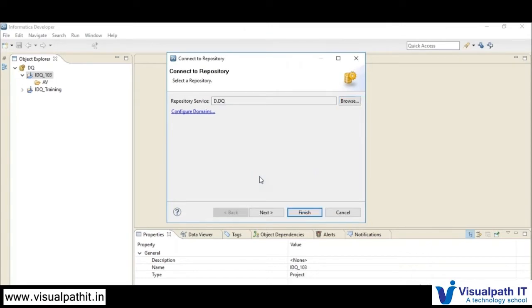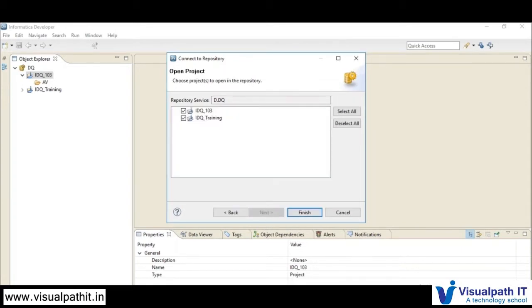Once you have selected the repository, you will be prompted for the next level of details. The next option is to provide the folders you are going to connect, that is, how many projects you want to have in your repository. Let's say you are working on multiple projects using the same repository, then you will select the appropriate project folder.